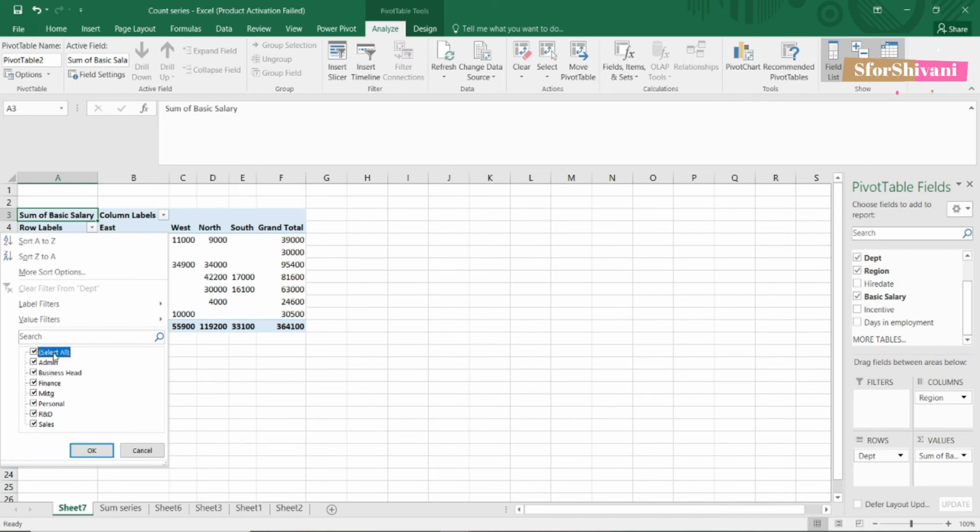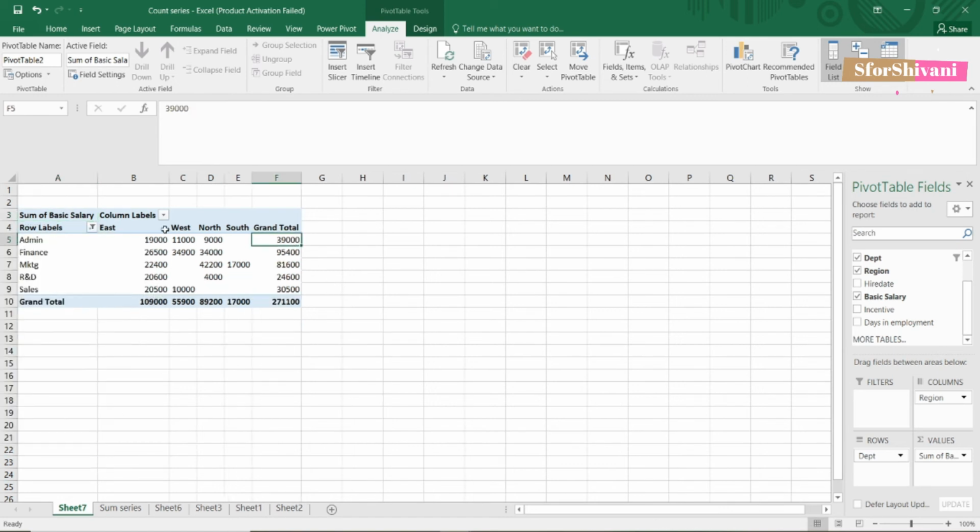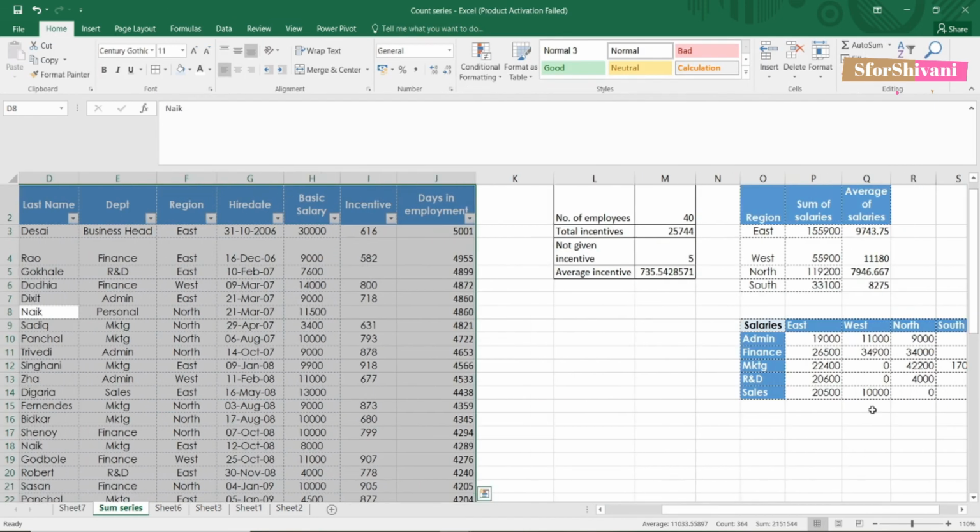From this field, we do not have business head, personal. So these are the values that we have got. 19,000, 11, 9,000. I'm going to see and check. Yes, this is right.